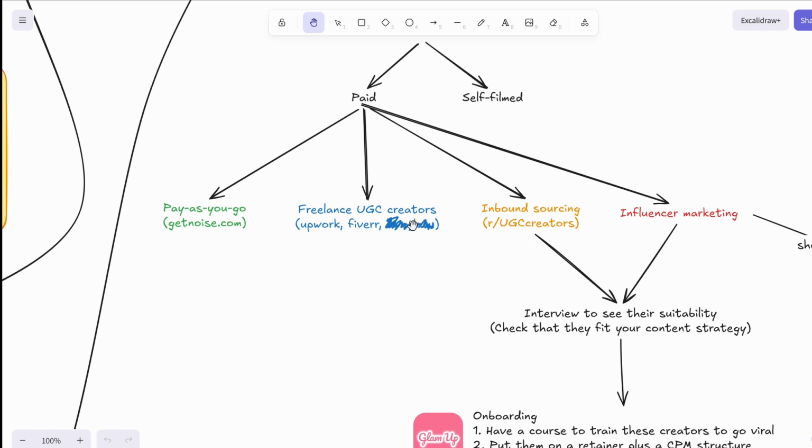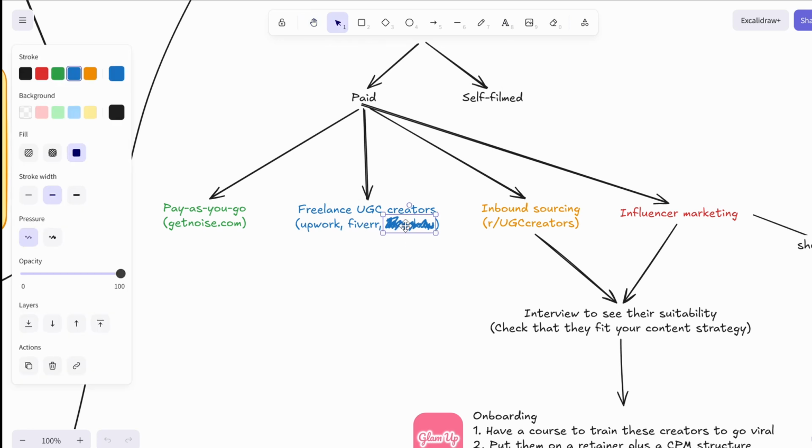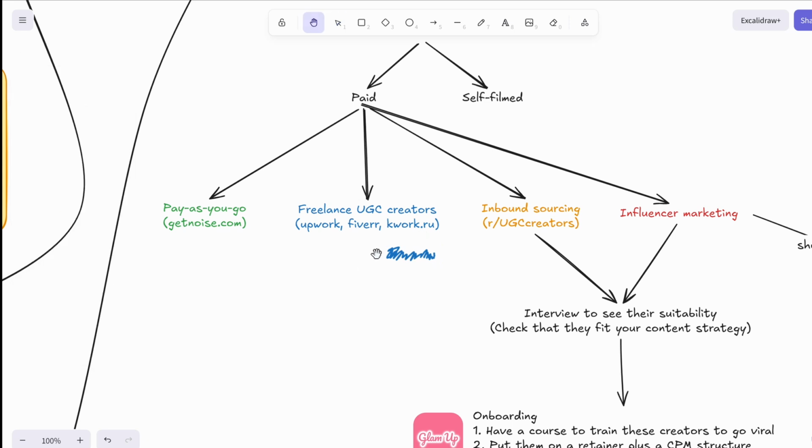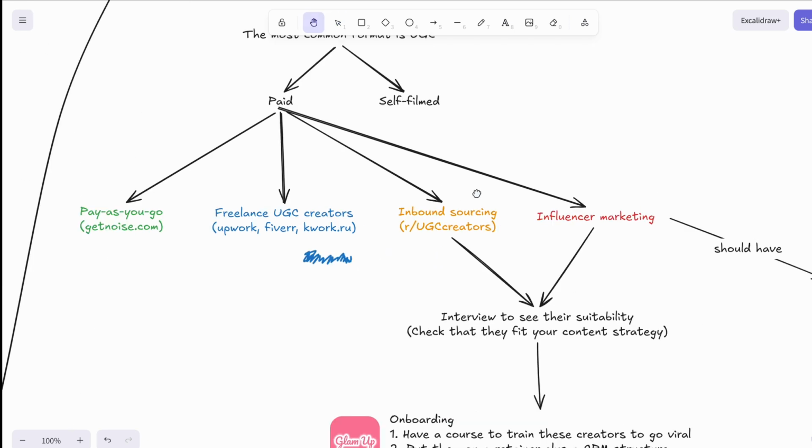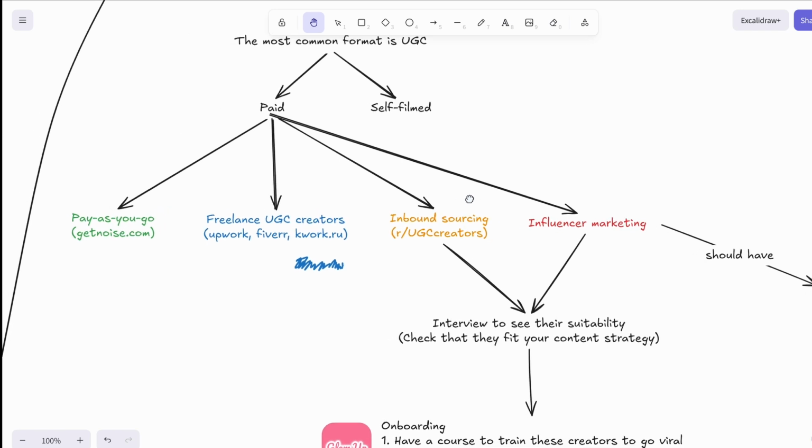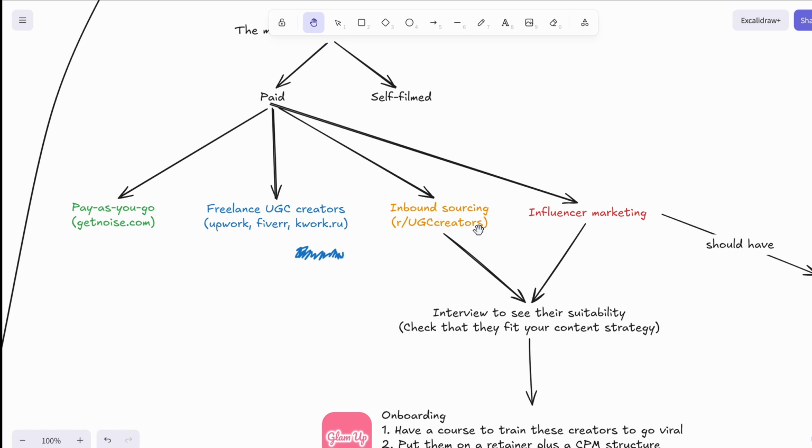Next, we have freelance marketplaces like Upwork and Fiverr, which give you more control but cost more, which eats into scalability. So the founder of Flame sidesteps this by using the Russian marketplace called kwork.ru, where UGC videos run around $1 each. So this allows him to really work at scale without being impacted by the cost of UGC. Next, we have creator communities. So instead of sourcing for creators yourself, you can post a job listing where creators apply to you. The subreddit r/UGC creators is a strong option here, and it skips platform fees entirely.